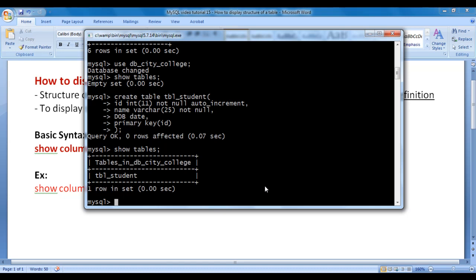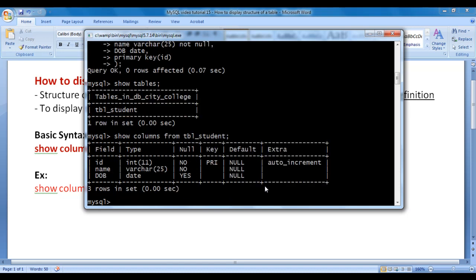And how do we do that? We say here show columns from, we write the table name. I say here tbl_student semicolon. I hit enter. You can see that it has displayed list of columns available inside tbl_student and their